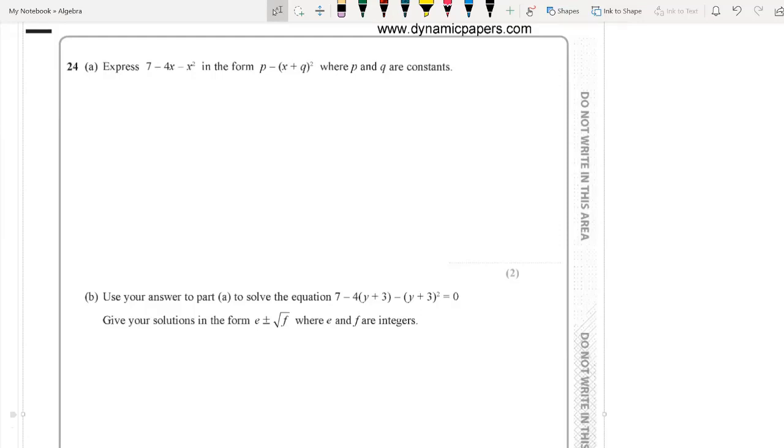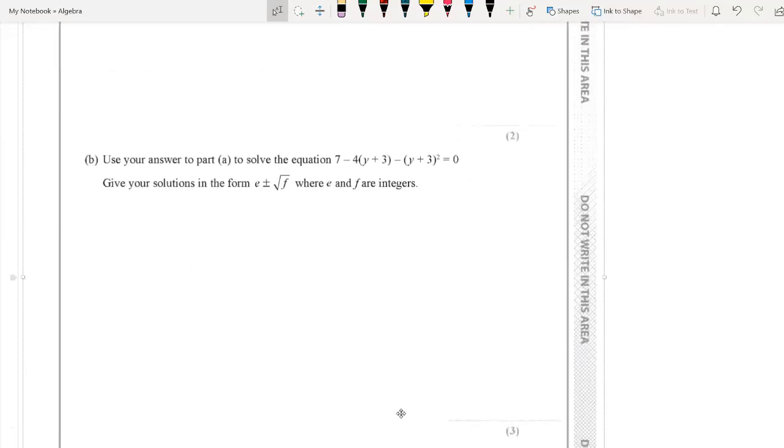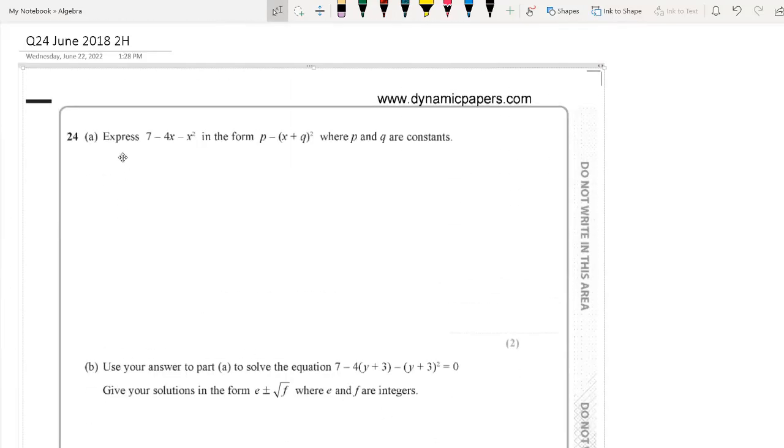The question is particularly focused on quadratic equations, and it is composed of three parts, A, B, and C. The question starts by expressing 7 minus 4x minus x squared in the form q minus (x plus p) all squared, where p and q are constants. The rule says that if you have